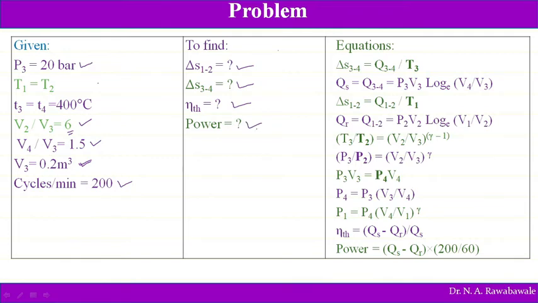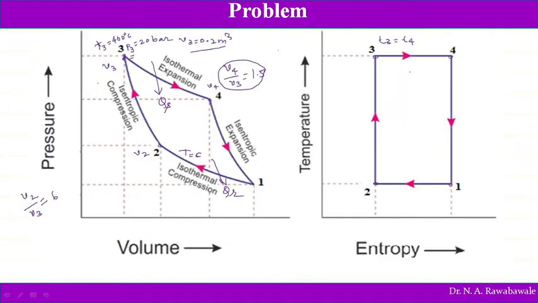Entropy is defined as the ratio of the amount of heat transferred to the temperature at which it is transferred. So during process 3 to 4, the heat transfer is Q3 to 4 divided by T3, where T3 is the temperature, say T3 equal to T4, in degrees Kelvin. The amount of heat supplied we call Q3 to 4. So heat transfer divided by temperature gives us the change in entropy.